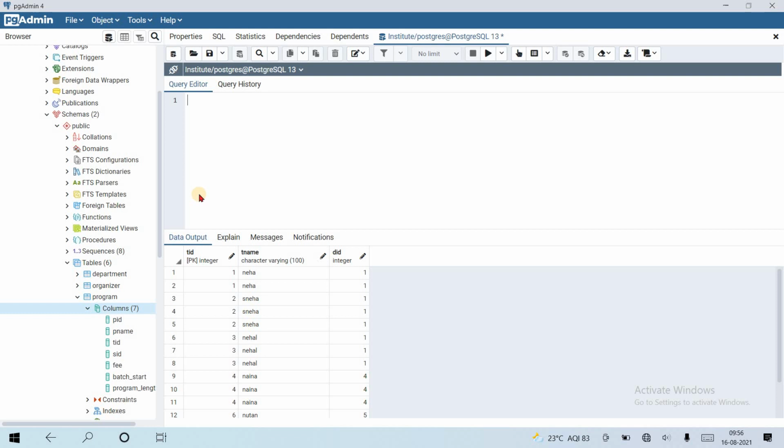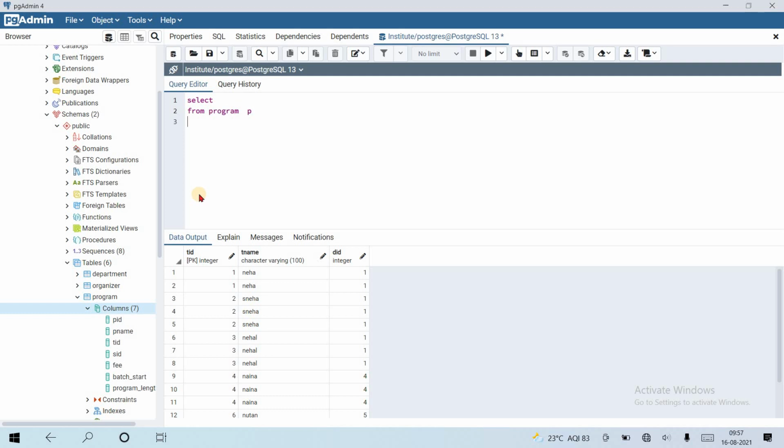Let's see. Suppose we have the student and program records, same example. Select s.sname from program as p inner join student as s. I'm writing the FROM block first so that we can see whether aliases are used or not.